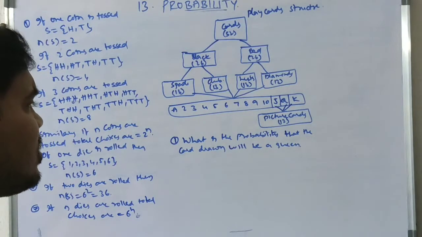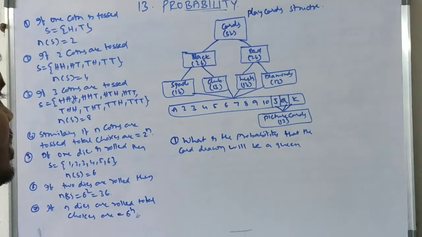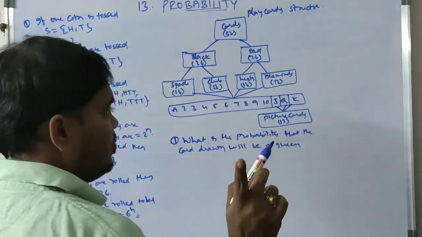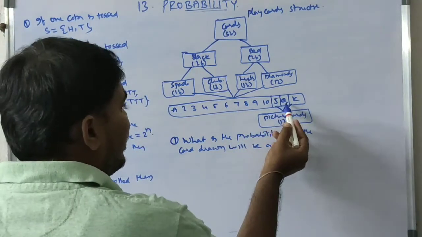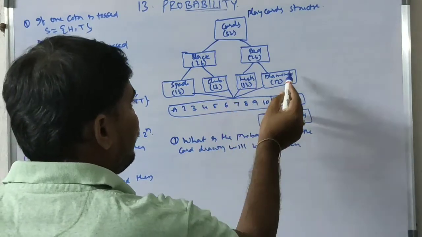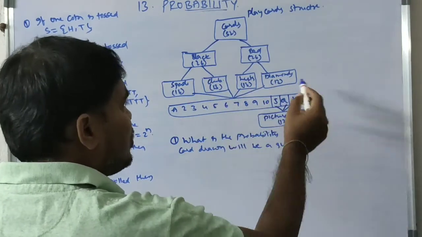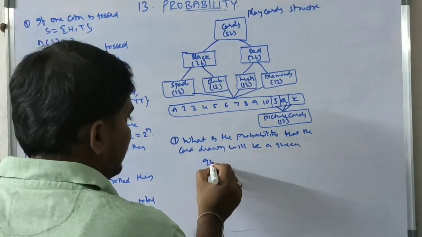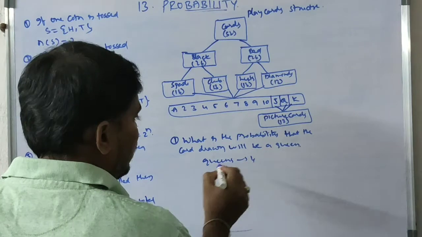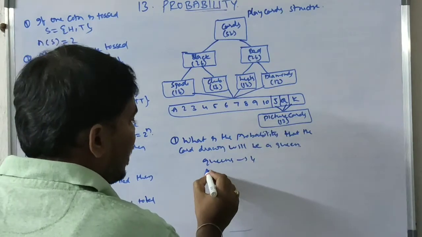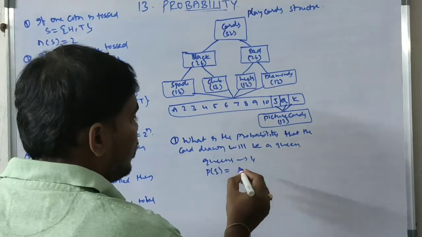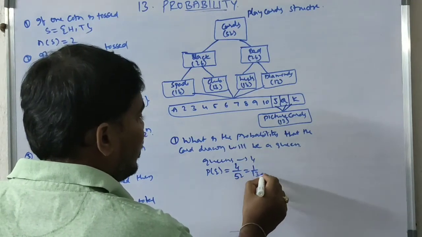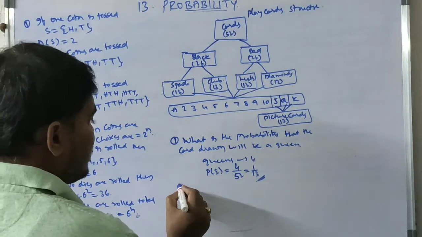So actually first we know how many queens exist. We have picture cards J, Q, K, among which queen is only one, but this queen is in each of the 4 sets. In 4 sets, one queen each, total queens equal to 4. So probability of queen equals 4 out of total cards 52. If we simplify, 1 by 13 is the answer. Next, second question.